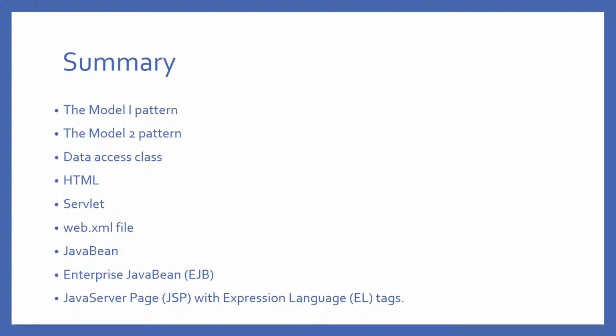A Java Server Page, JSP, consists of special Java tags such as Expression Language, EL, tags that are embedded within HTML code. An EL tag begins with a $ sign,